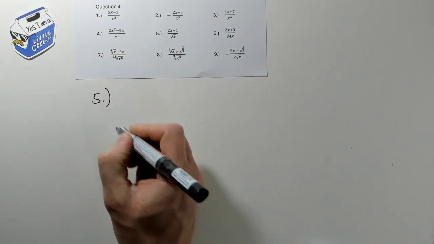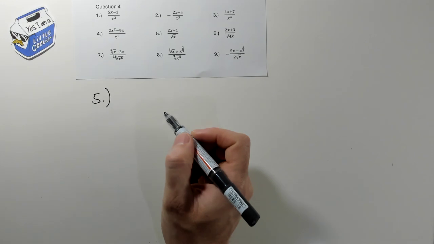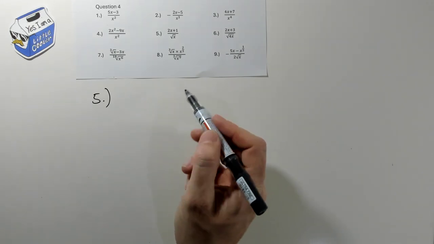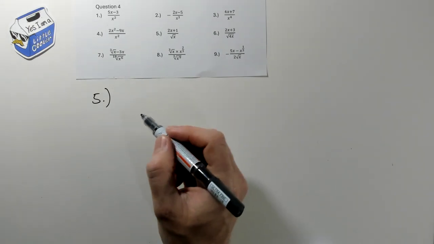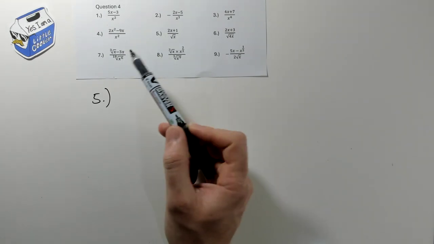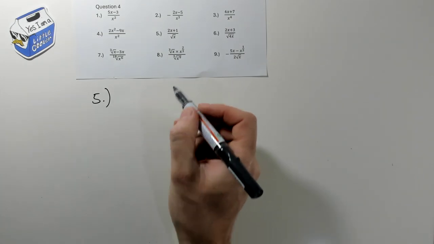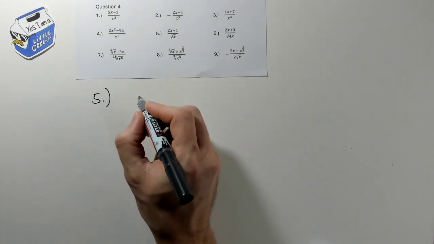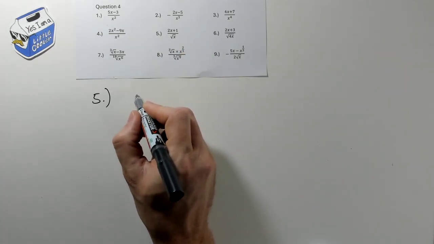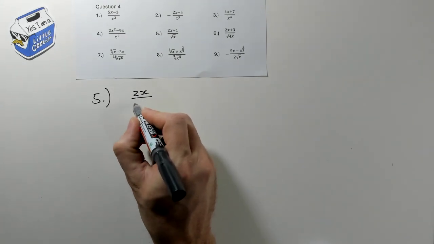Obviously, I'd say that the general idea of what we're doing here is we want to practice these things because we're moving into differentiation, and you can choose which way is easier for you to multiply these things out. Okay, so I'm going to do this one the other way again. So I'm going to write 2x over x